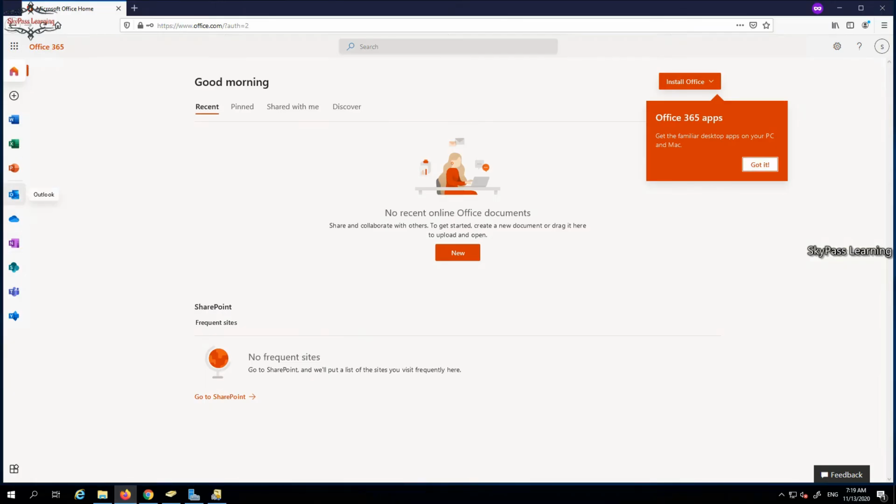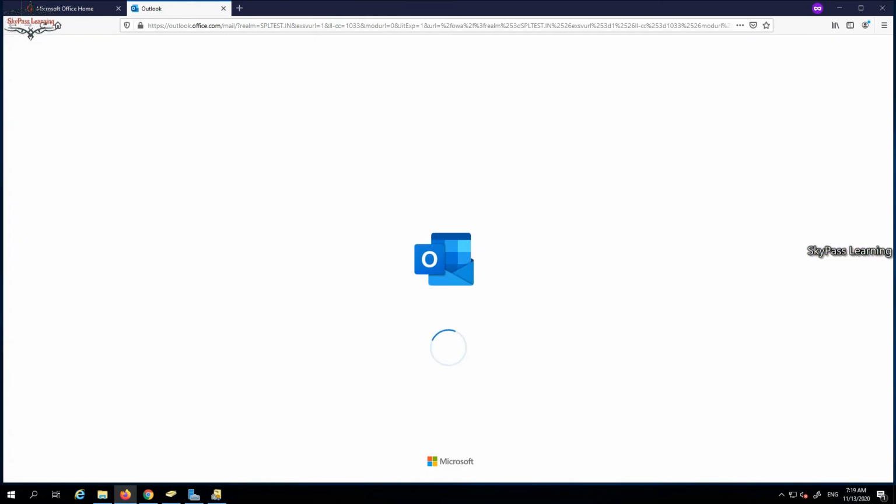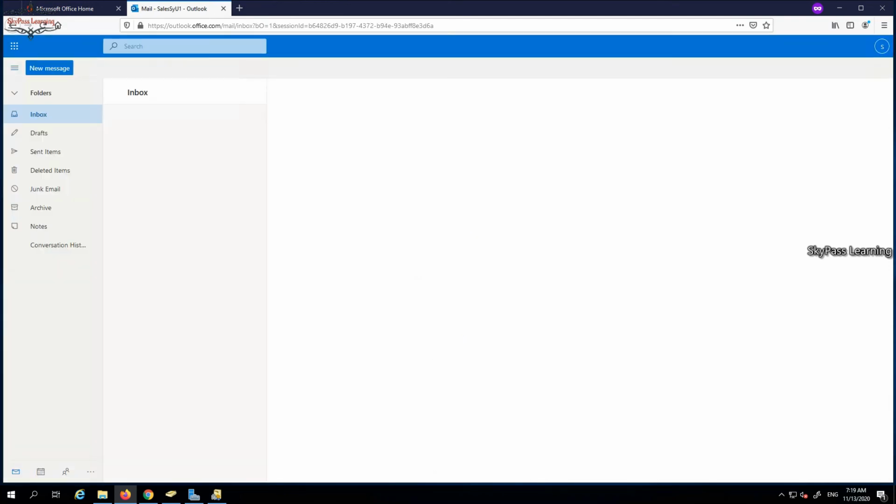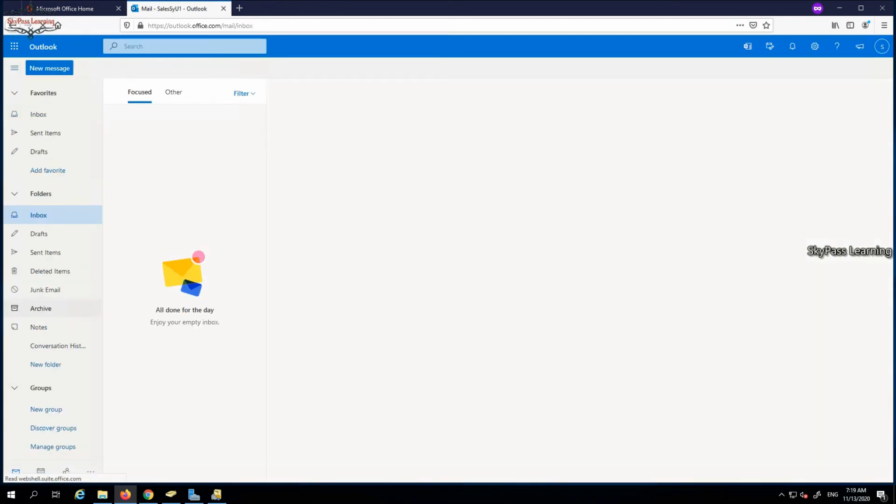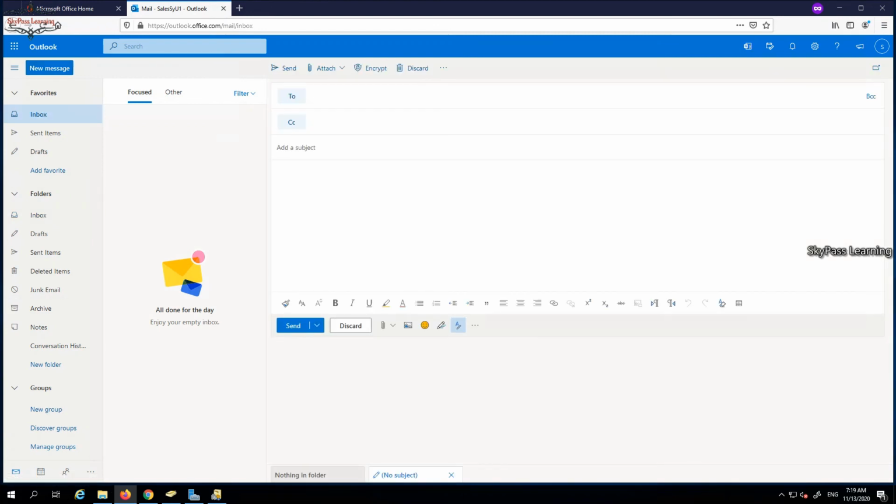If I go to Outlook, I am able to access Outlook also. Okay, I am able to send emails or whatever. Let me send an email to an external ID, which I used in my last video also.